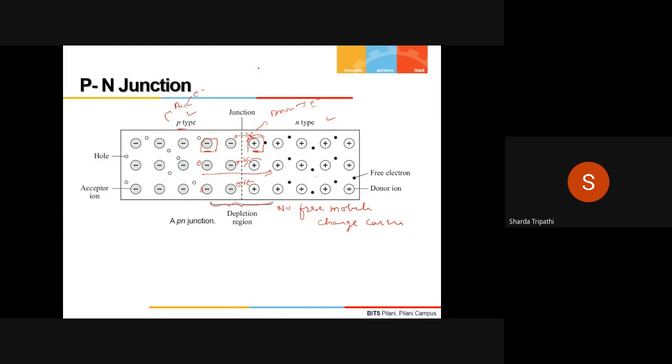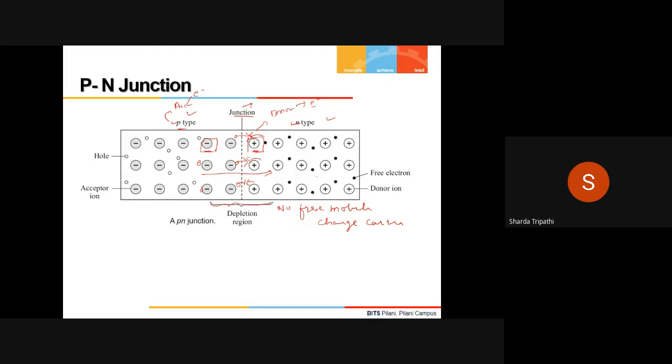So while discussing the PN junction on this slide, what we said is that here you have two different types of semiconductors put together to form a junction. There's a p-type semiconductor and there's an n-type semiconductor. While these p-type and n-type semiconductors could be individually graded, if you look at the junction over here,